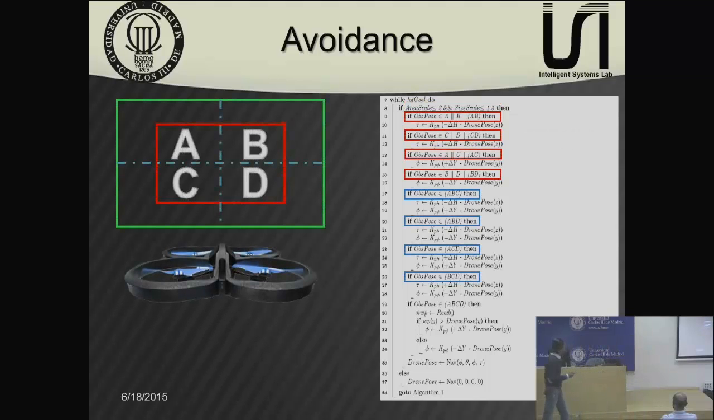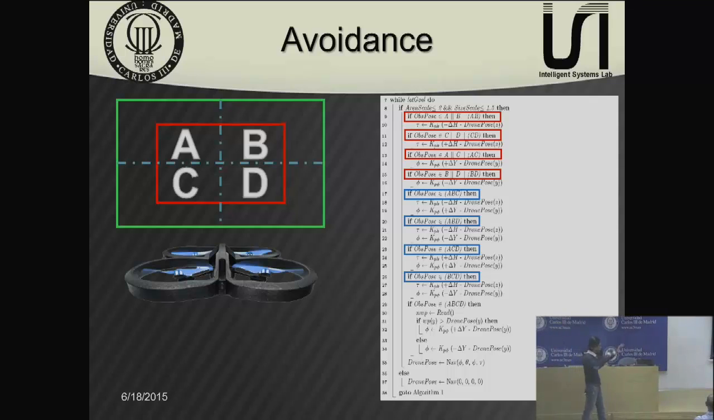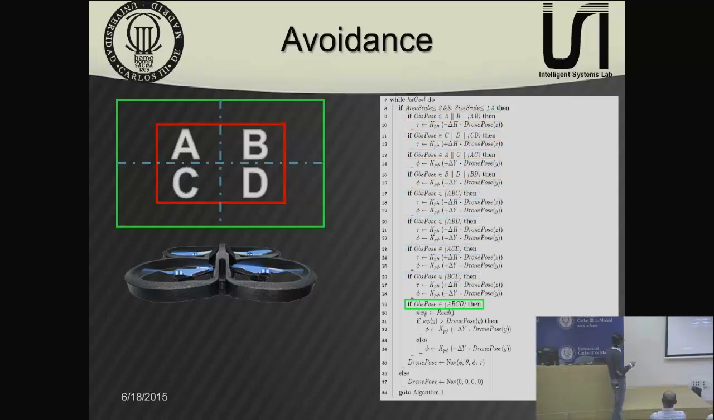If not, we will divide our workspace into 4 areas. If the obstacle exists in zone A or B or AB, go down. If it's in CD, go up. If it's in AC, go right. If it's in BD, go left. If it exists in 3 areas, do the diagonal maneuver. And if it exists in the whole patch,